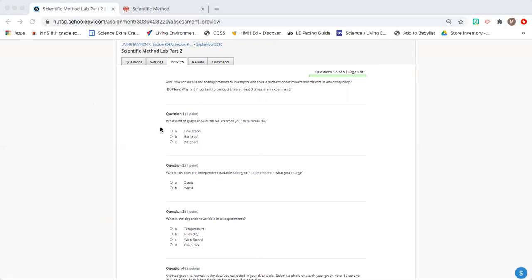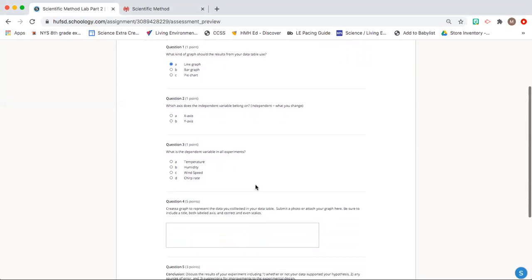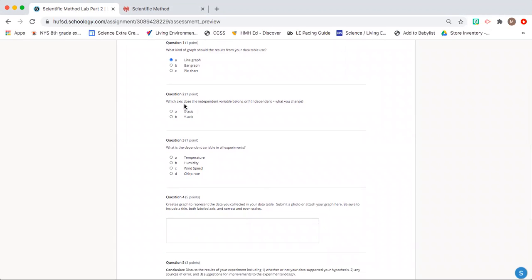So what kind of graph should the results from your data table use? So we want to show a change over time. And so we are going to use a line graph. Which axis does the independent variable belong on? So the independent, remember, is what you change. Is that going to go on the X or the Y axis? The X. So the X is on the bottom, and the Y-axis is going to have the number of chirps,